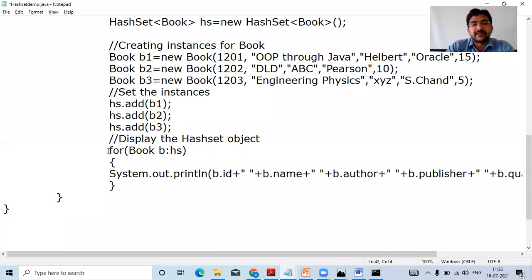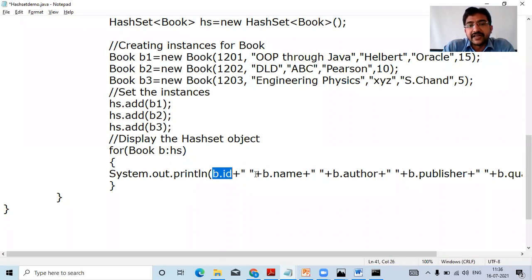What I'm doing here is taking a for loop, and in this for loop, I'm going to be using a Book B reference, and whatever we have assigned for HS is going to be assigned to this. What will be there in the hash set? 3 object instances we have set, B1, B2, B3. So first HS will call for B, it will assign B1.